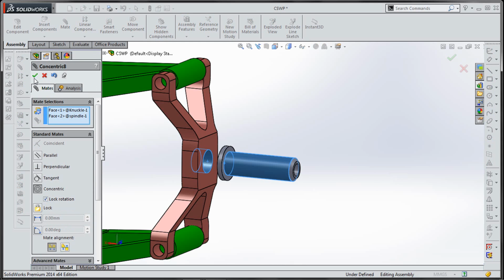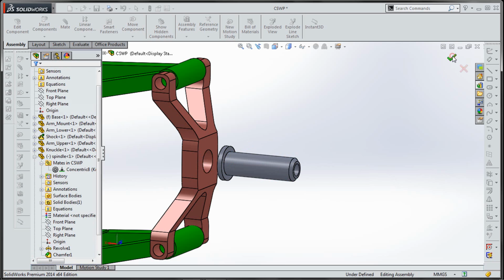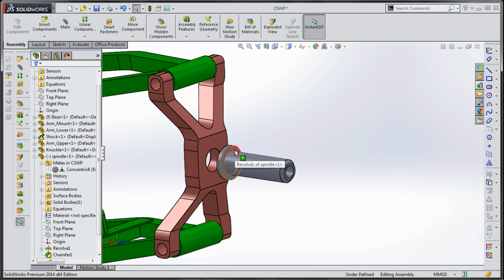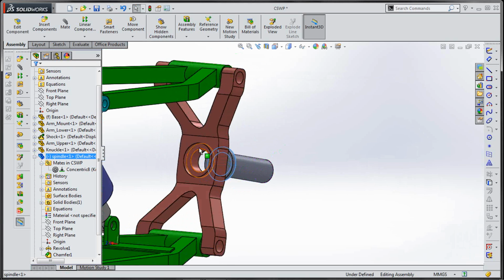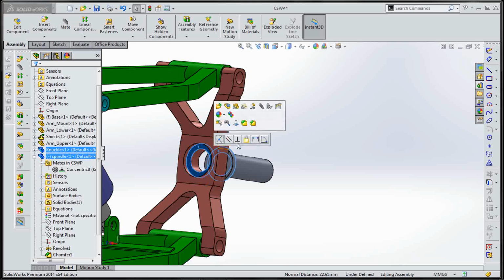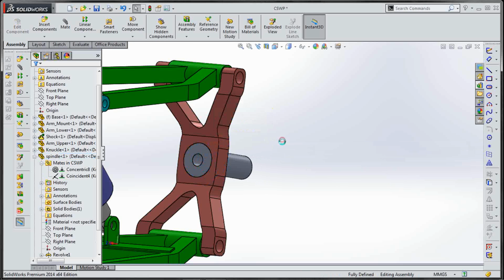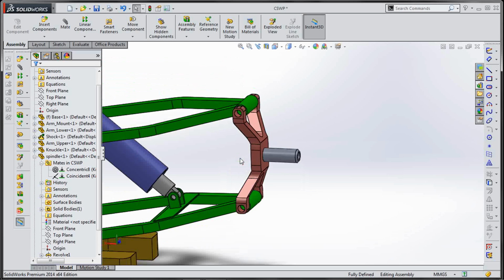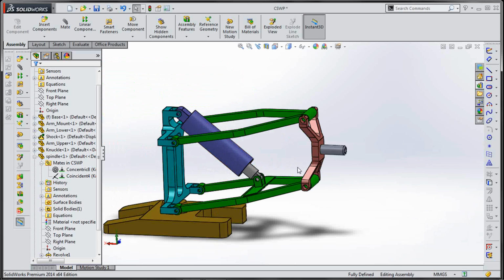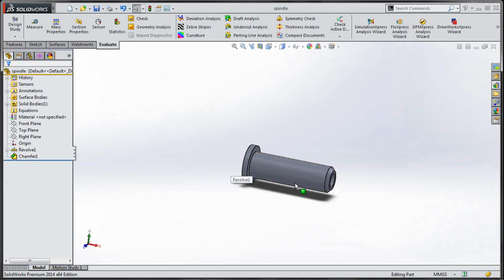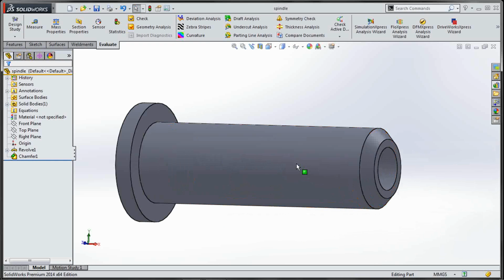Also, you can lock rotation if you want, not necessary. And we forgot to change material.